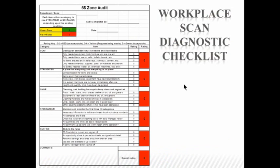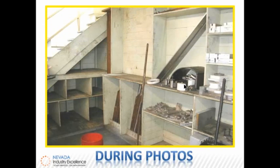We did a workplace diagnostic checklist, and they didn't score very highly on that, obviously. This is one of the tools we do during our workplace scan. So we went in and we started to shine. Actually, one